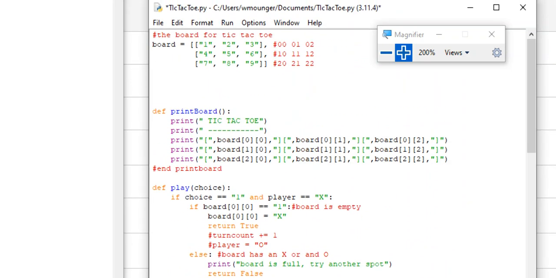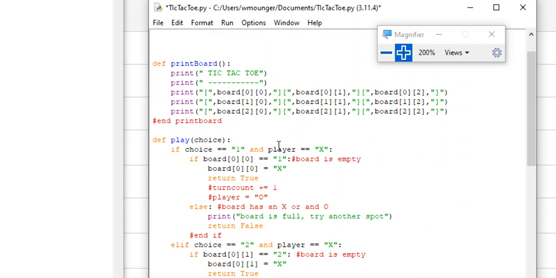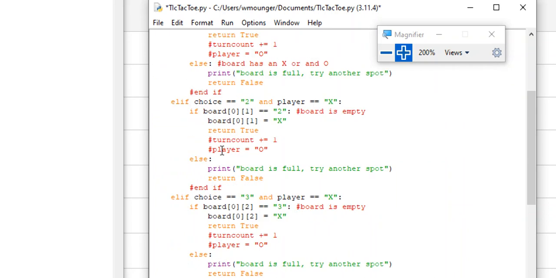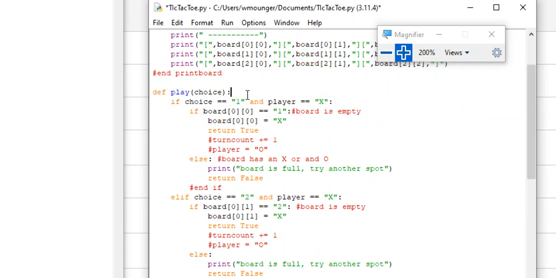All right, so let's go through it again. We got our board and all that set up. We have a function here that prints the board. And then we have a function called play, which will run whenever we make our choice to actually put in our X or O. We make our choice. We check to see if it's player X, and if they chose 1, if that board is empty, in this case, empty denotes that it has 1, 2, 3, 4, 5, 6, 7, 8, 9 in it, we go ahead and put our X in there. We return true, which means we successfully made a move. Else, well, we didn't successfully make a move, so we say the board's full and we return false,